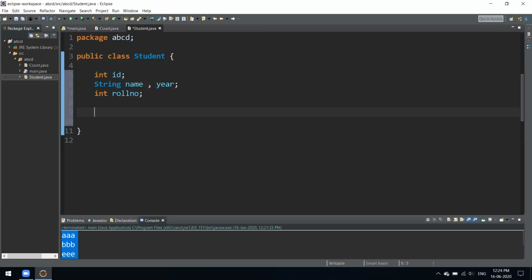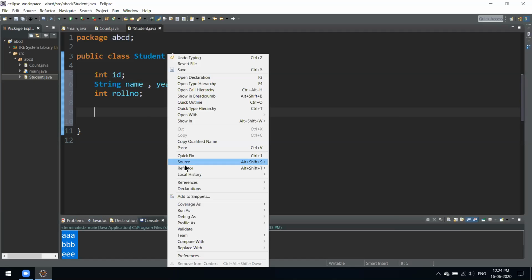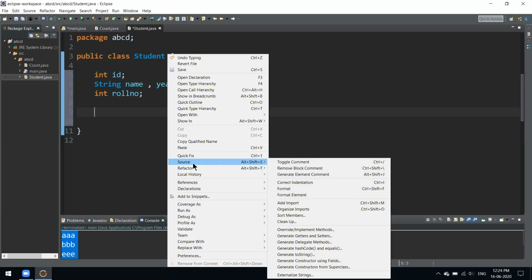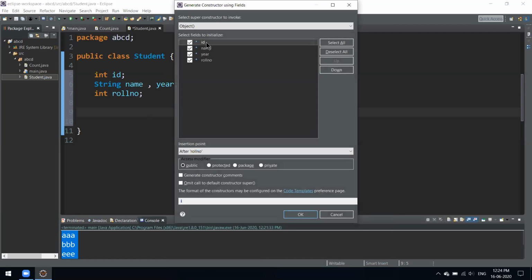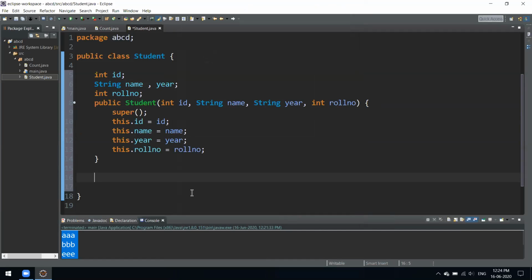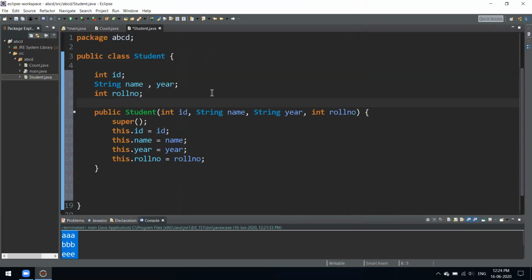And let's create a constructor for this class. You can directly create a constructor over here. If you go here, you have this option to generate constructor. If you take what fields you want in the constructor, you can directly create it. As you can see, it automatically creates a ready-made constructor for us. But if you want to do it by hand, by writing code, you can also do it. That's not a big deal. So this is how we declared a constructor. Let's remove this super keyword. We don't need it for now.